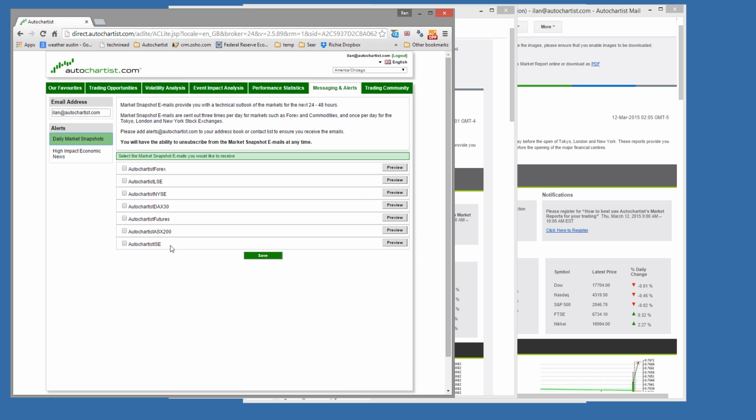These are the reports I have. Obviously, I have numerous reports that you wouldn't have access to because I'm using a demo version of Autochartist. Your broker would probably offer, I'm guessing at most, between 1, 2, or 3 different types of reports, primarily Forex, indices, and futures potentially.